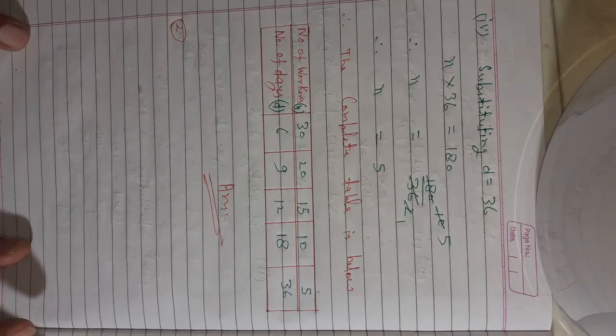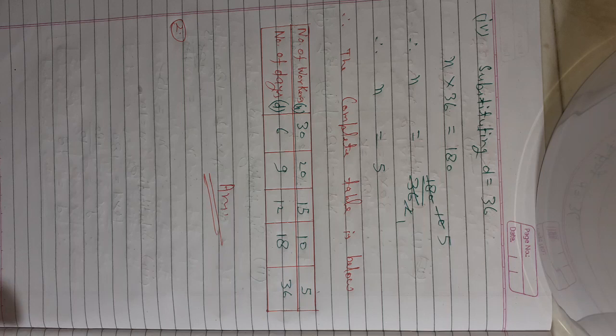So what is this? You have to find the constant of variation and write the equation of variation for each of the examples given below. Clear? The first question is: p is proportional to 1 upon q. If p is equal to 15, then q is equal to 4. So you have to find the constant of variation first of all.